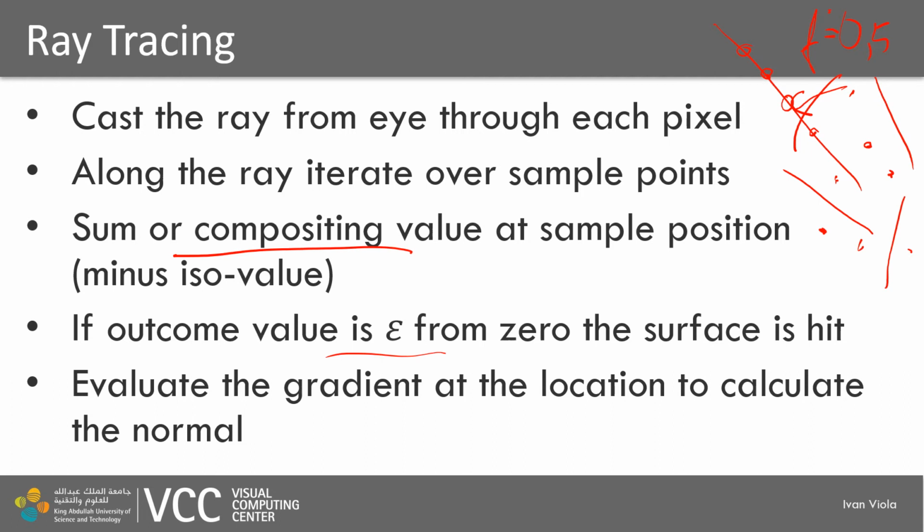The smaller the epsilon, the more iterations we would need in order to find the more precise surface point. As I said, at the end, we are calculating the gradient, and with the gradient, we will obtain the normal for illumination. However, we can use the gradient also along this pipeline, because the gradient can tell us how far is essentially our surface, and that gives us a notion of how far we can skip on